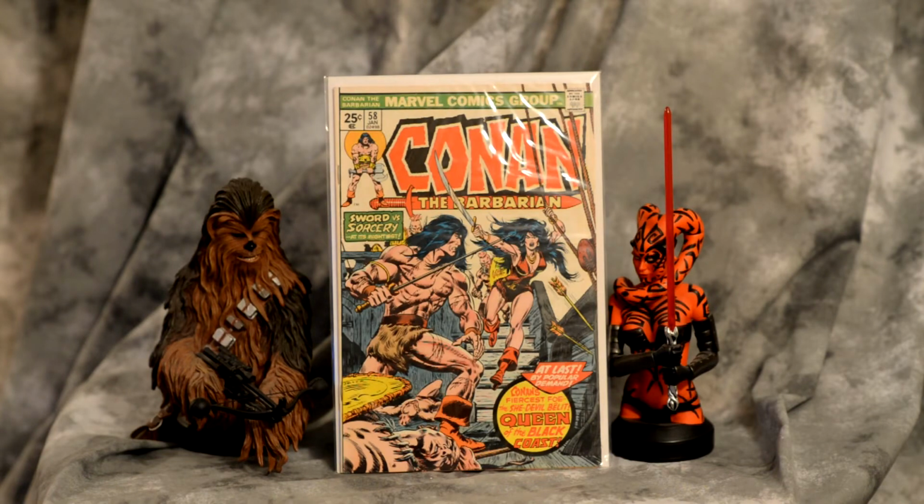Now, the character of Valeria, if you remember, featured in the 1982 movie Conan the Barbarian, I was going to mention that, borrowed some aspects of Howard's Belit, such as vowing to return from the dead to save Conan. Now, she appeared as a major supporting character in Marvel's ongoing Conan the Barbarian title from issues 58, the first one here, to 100. Now, unlike Robert E. Howard's original